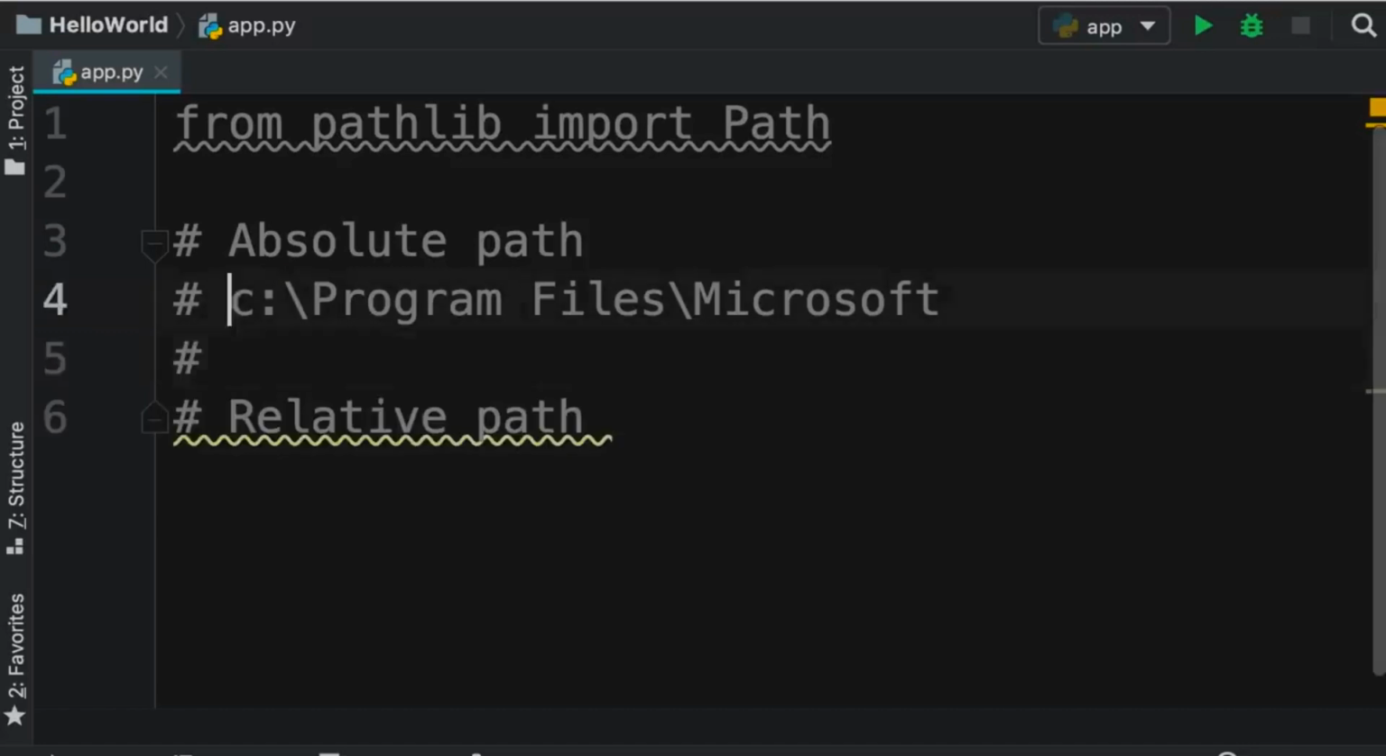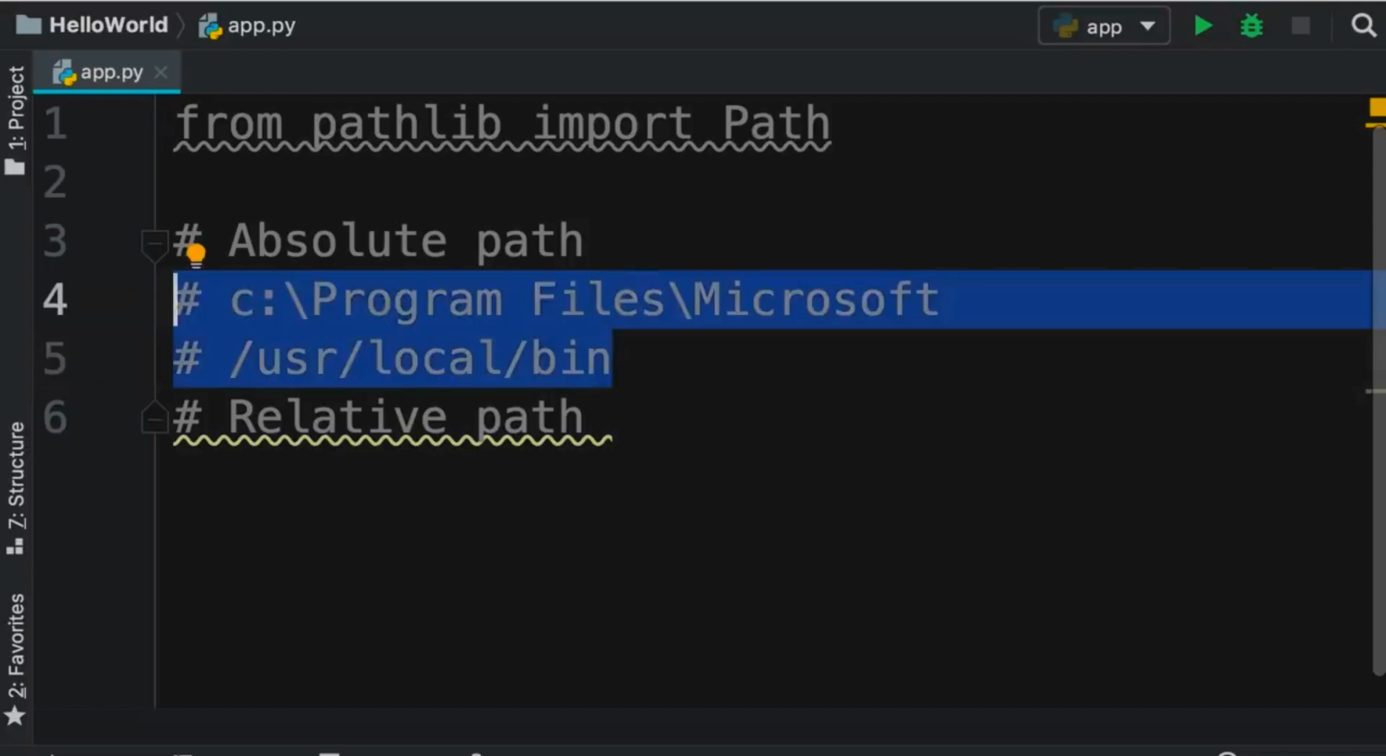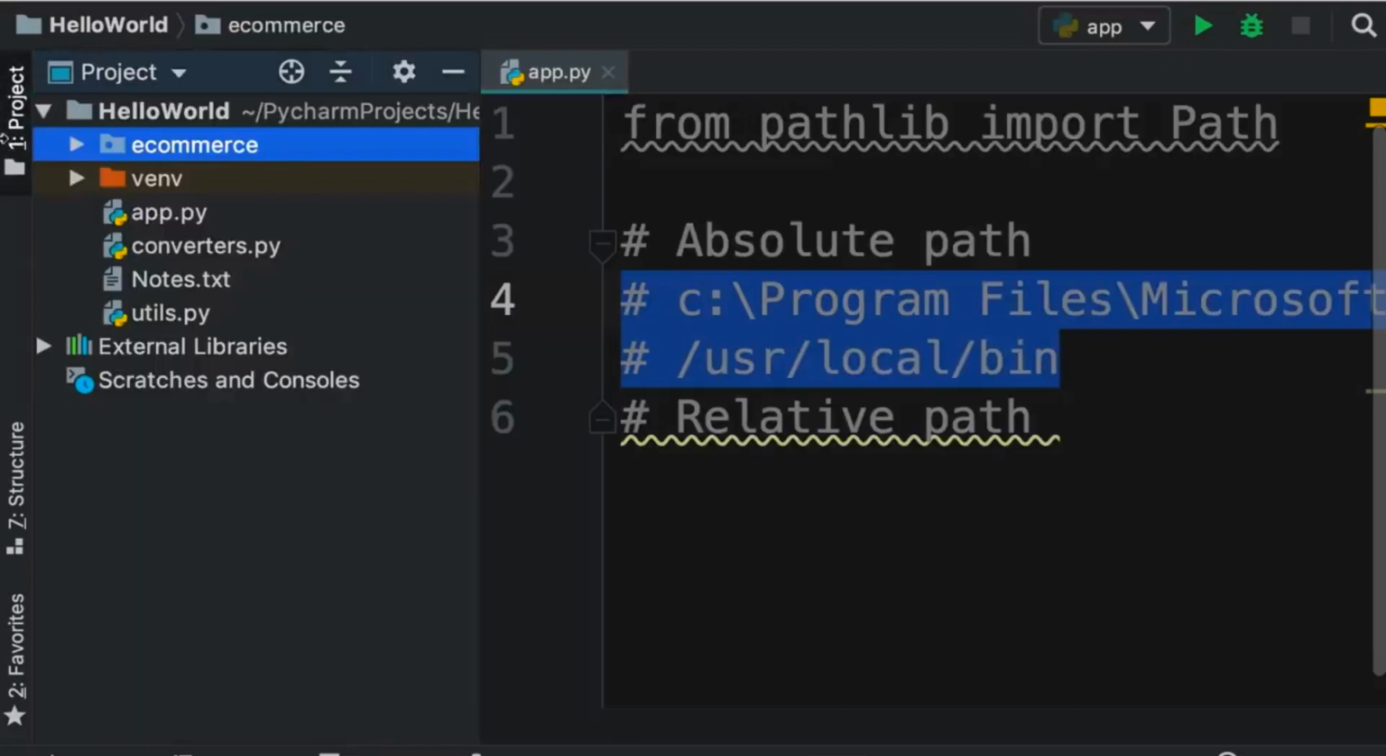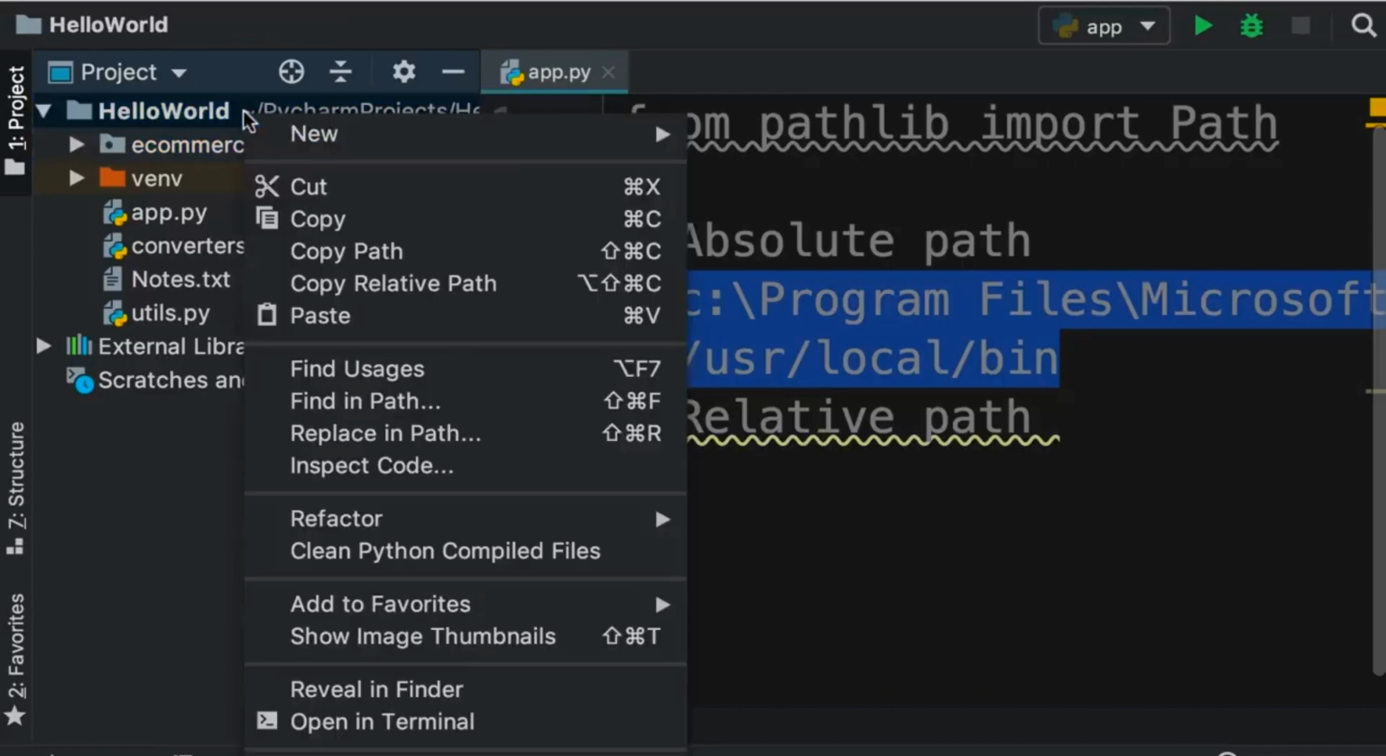So instead of a forward slash, we have a backslash. Let's say user/local/bin. So these are examples of absolute paths. In this tutorial, we're going to work with a relative path to work with this e-commerce directory that we have in our project. Now, if you didn't create this directory earlier, simply right-click on the project and then go to